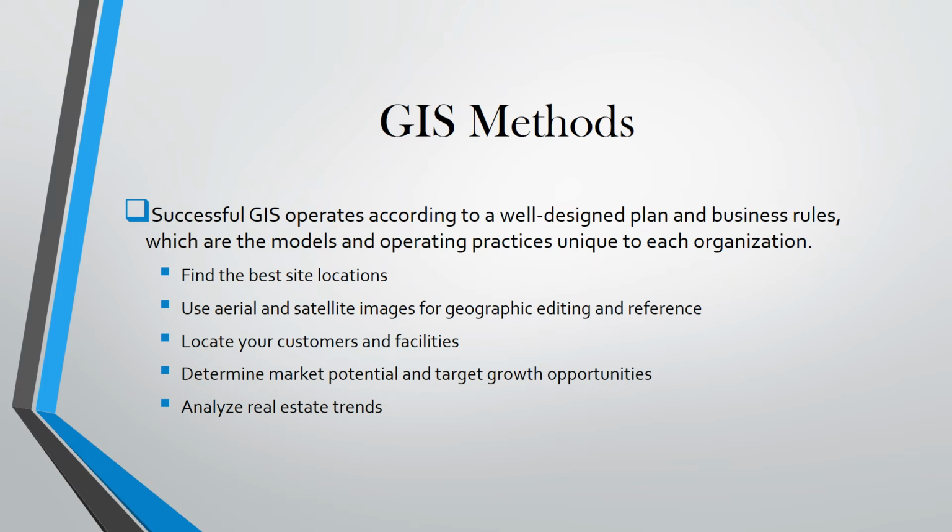Once people have mastered the GIS skills and become GIS analysts, there are many different methods that they can use to effectively achieve the goals that they're seeking. Successful GIS operates according to a well-designed plan and business rules, which are the models and operating practices unique to each organization. So sample methods could be: find the best site locations, use aerial and satellite images for geographic editing